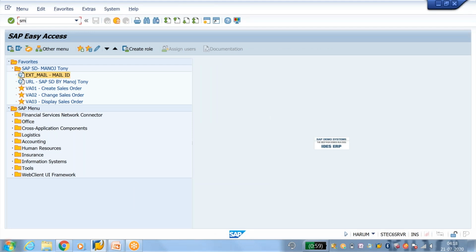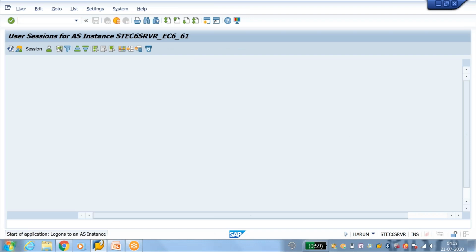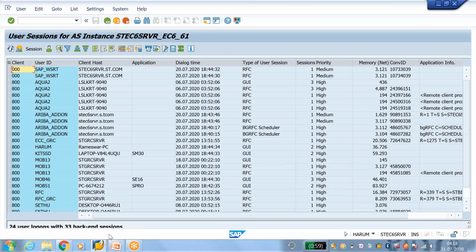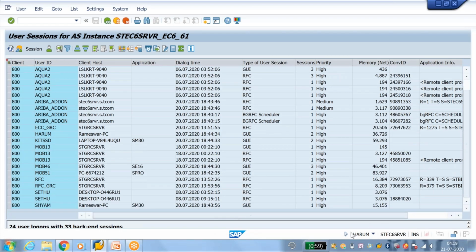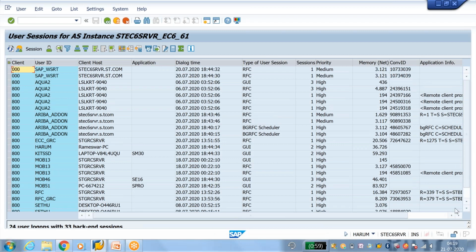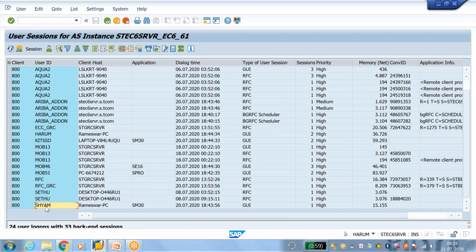Go to SM04. Now you see here, this is Haramraj's ID, and Syam is using the same transaction code. Here you have to see the username of Syam. This one is the user ID of Syam.